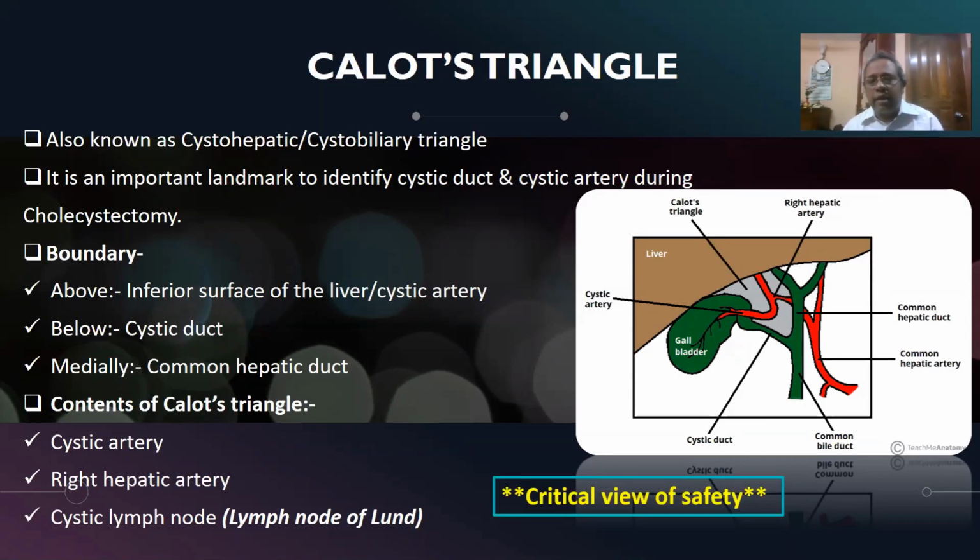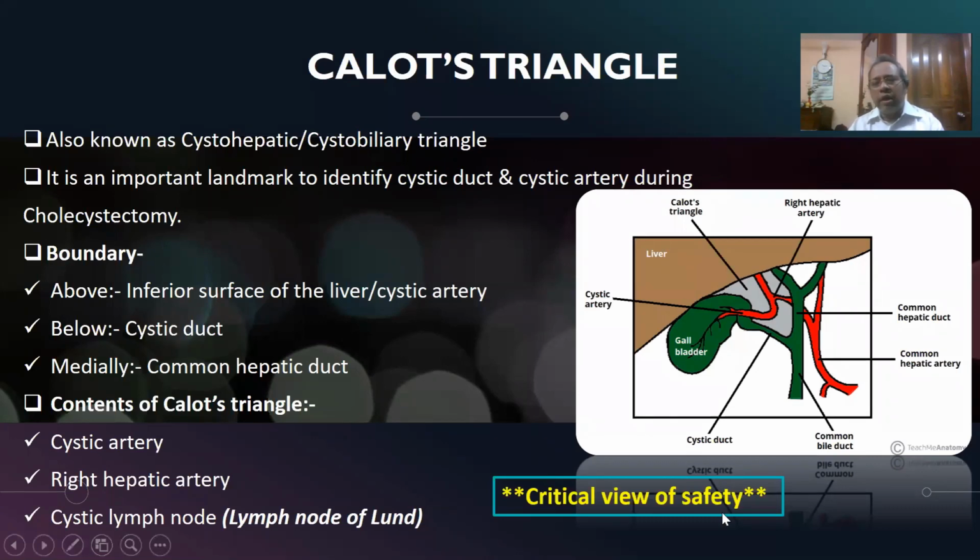Nowadays, the safety of operation is a very important tool. So everybody does the surgery with documentation that there is no injury during the operation. For that reason, nowadays there is more emphasis given towards the dissection of the Kellogg's triangle during cholecystectomy. That means the terminology is called